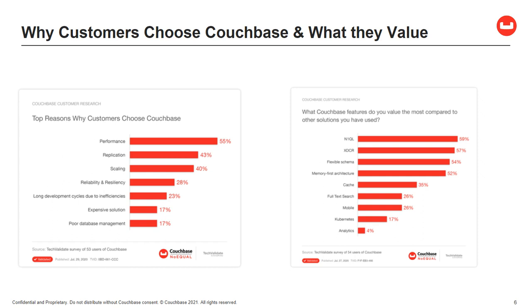And the things that make us different than other database solutions are listed here on the right-hand picture. So something called SQL++, used to be called N1QL, but this is a full SQL implementation for JSON data. So as you're trying to migrate to different databases, you don't have to just throw away all your organizational knowledge about how to write SQL. You can still use that in Couchbase. XDCR is replication between data centers, automatic replication of data. And flexible schema, of course, it's JSON data, and memory first, I mentioned that, which gives Couchbase such great performance.